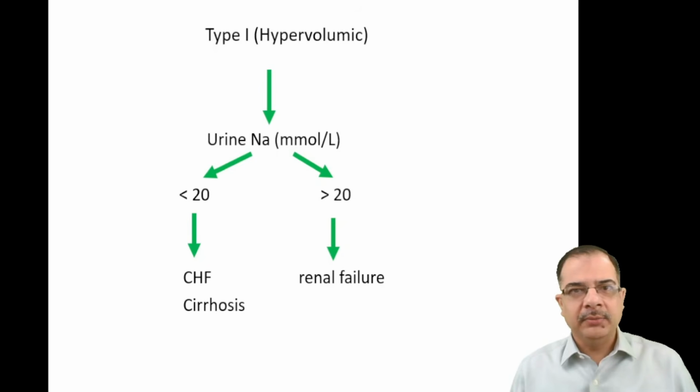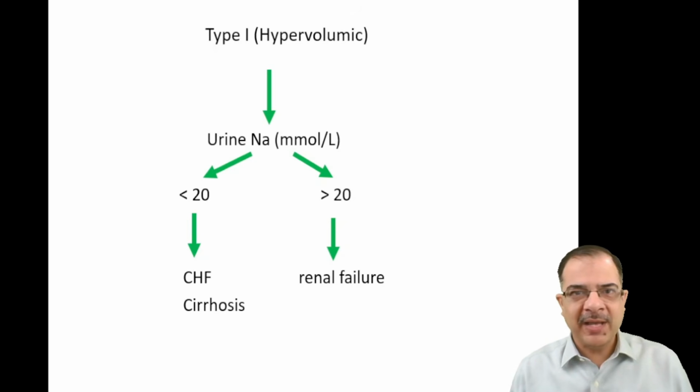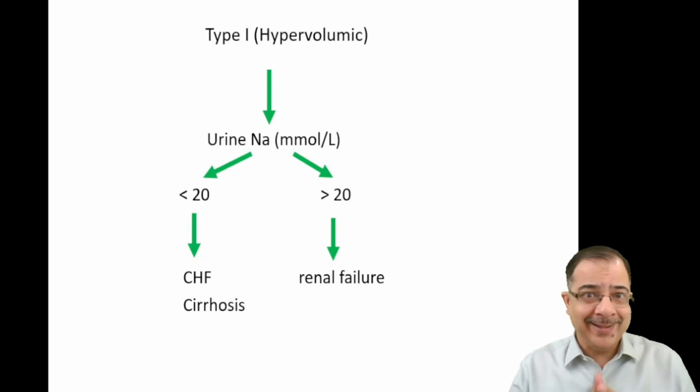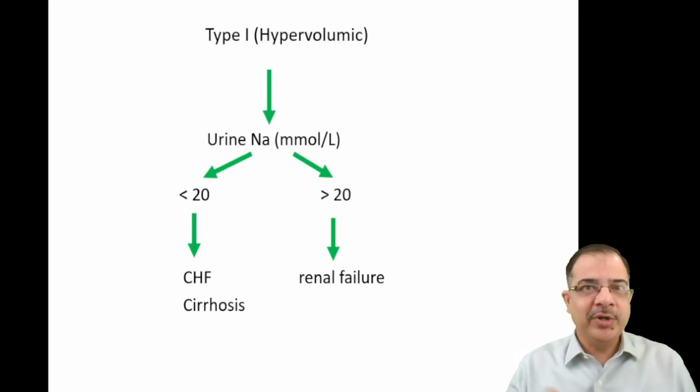Now, there are three types of hyponatremia. Type 1 is known as hypervolemic. So we will see what the etiologies of hypervolemic are, and we will look into the urinary sodium levels. What are the important things in the evaluation of hyponatremia? One is serum osmolality, that is very important. Second is the serum concentration of sodium. Look clinically at the hydration and edema status, and then check the urinary sodium.